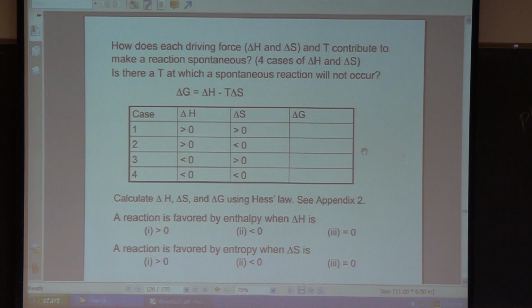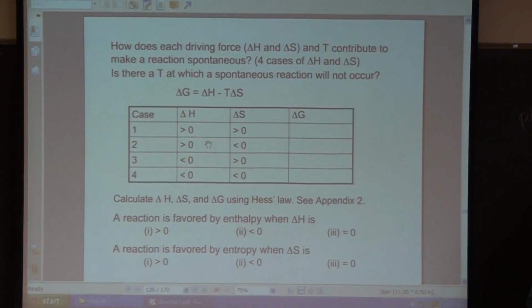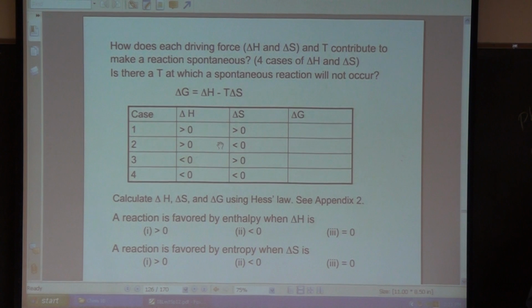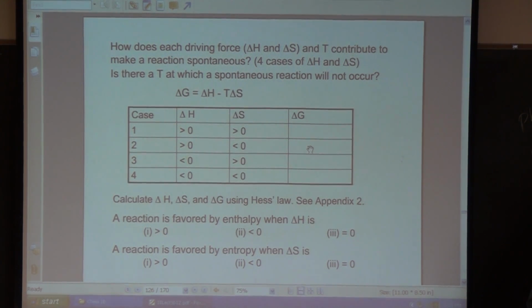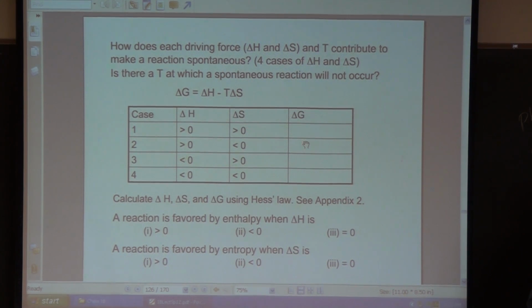For case 2, when delta H is greater than 0 and delta S is less than 0, what's going to be the sign of delta G? It's going to be greater than 0. Note that, again, if delta H is greater than 0, that helps make delta G greater than 0. If delta S is less than 0,